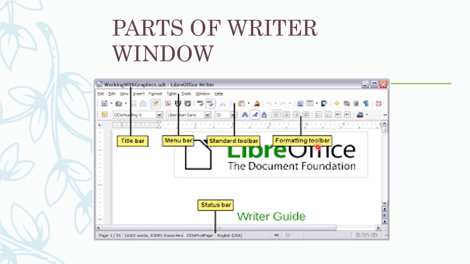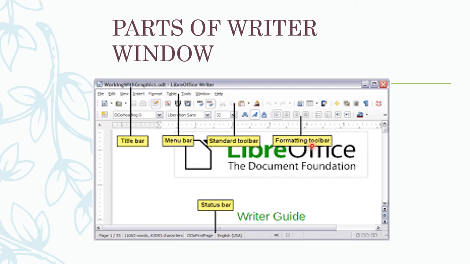Then the formatting toolbar. What do you mean by formatting toolbar? This formatting toolbar is used to change things from one form to another form. What do you mean by formatting? Formatting means changing from one form to another form. We have used this kind of formatting toolbar in MS Word, right? There we change from normal text to bold, from bold to italic, and italic to underline.